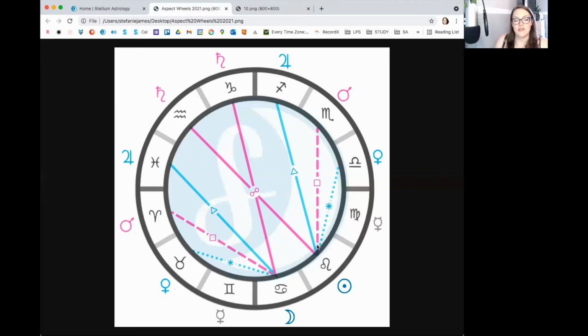So we have a trine from the sun ending in a Jupiterian sign, and a trine from the moon or from Cancer, the moon's sign, up to Pisces, again 120 degrees away, is a Jupiter ruled traditionally sign. So the trine has a Jupiter feel to it, which is nice because there is an ease, there is a